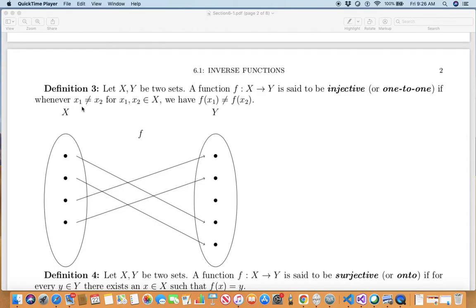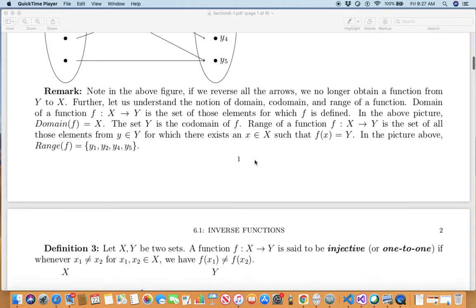What does that mean? Remember, I'm thinking of the left hand side as my passengers. Two different passengers, that's what not equal means. If I have two passengers who are unequal, then their destinations also must be unequal. That is, two different passengers must go to two different